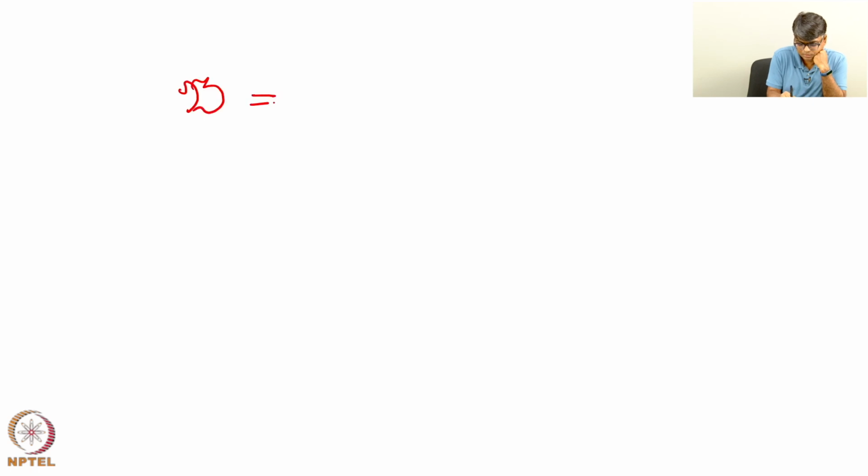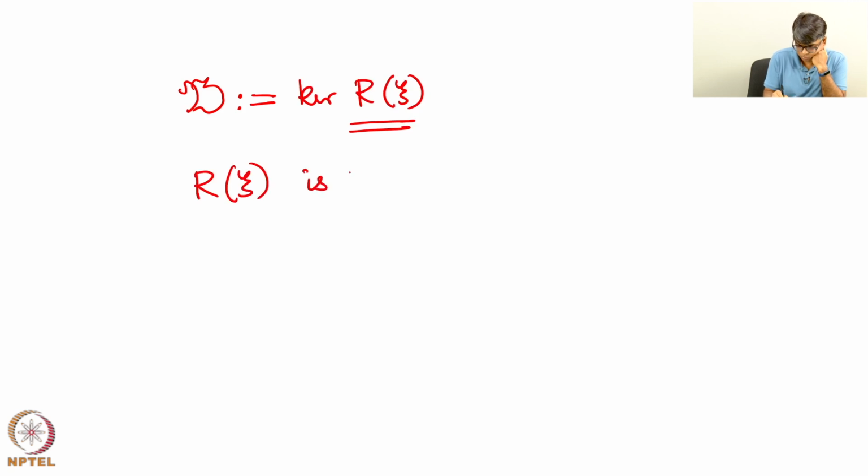Suppose we start with a behavior which is kernel of R(ξ), right? We assume that R(ξ) is full row rank. How can we do that? Remember, do unimodular row operations and bring it to upper triangular form, get rid of all the 0 rows, you make it full row rank. If it is full row rank, then I can do the following. I can possibly, after rearranging the variables,